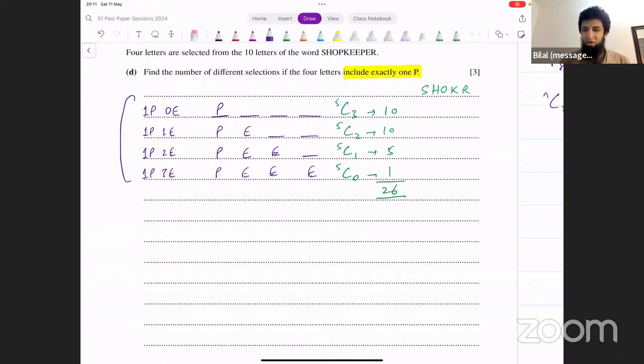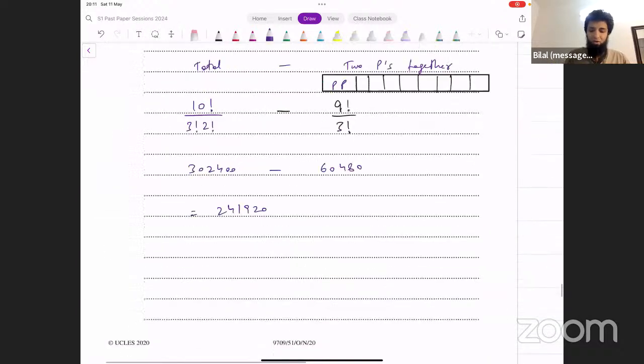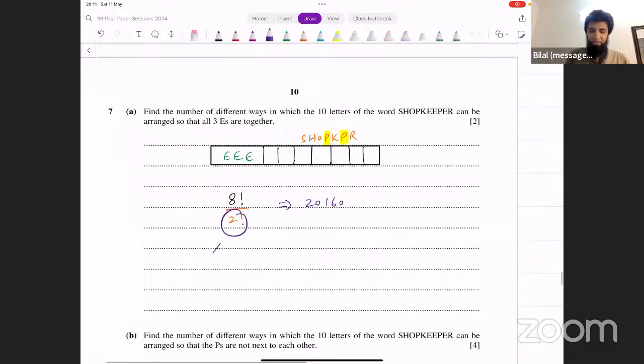What if we divide the combination by the factorial of repeated letters? Well, that does not make sense. Factorial of the repeated letters is basically about arrangement. You divide by 2 factorial because you want to eliminate the arrangements of P here. For example,